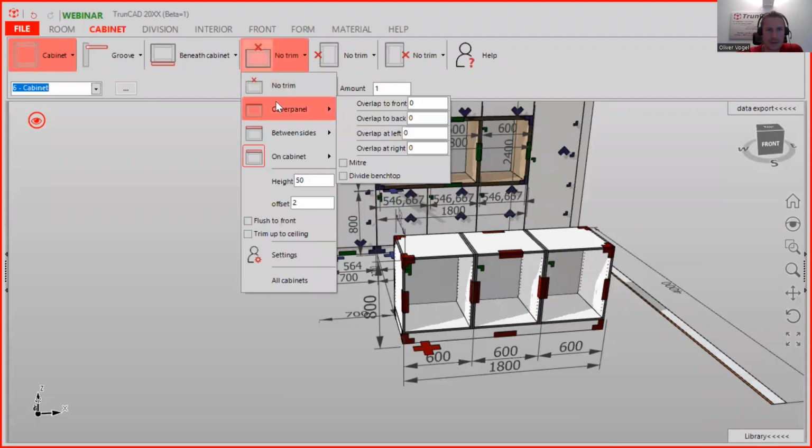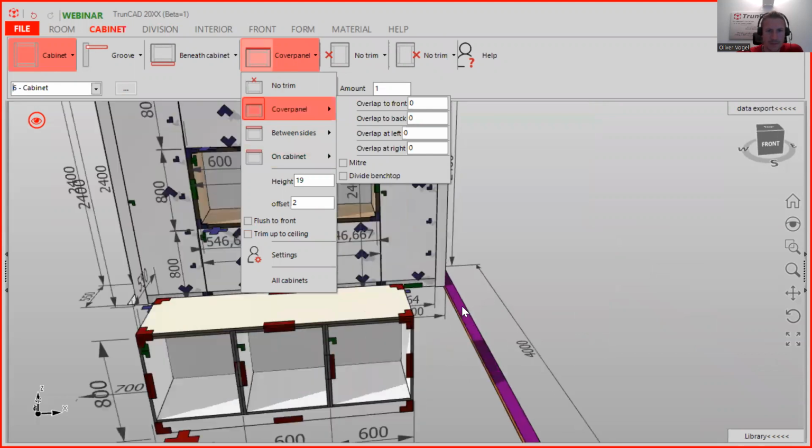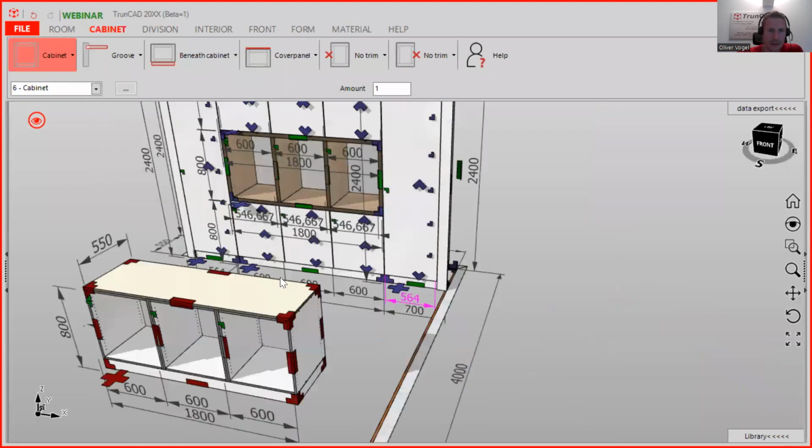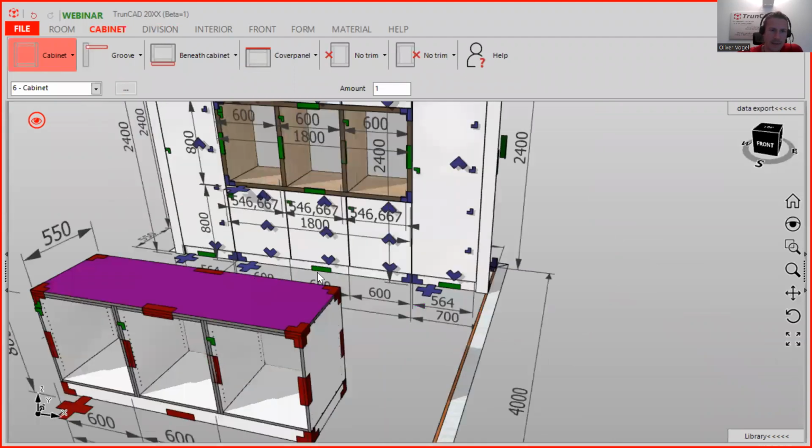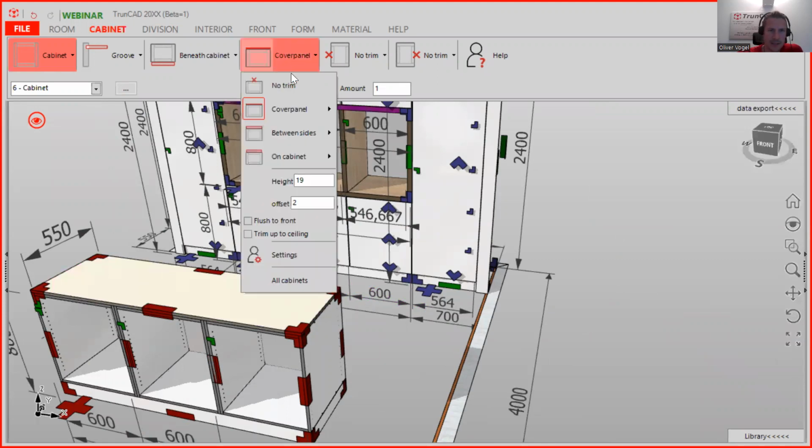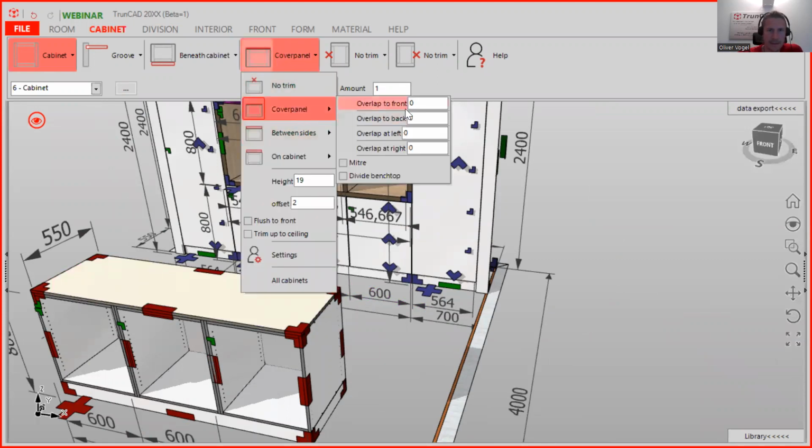Also for the cover panel, you click here also. There's no trim. You want to have a cover panel. You click on here. And when you want to have for the kitchen island a whole cover panel, you can also extend it to the back. Yeah, back can type in also, the cabinet is 550 plus 30, for example. Can here add